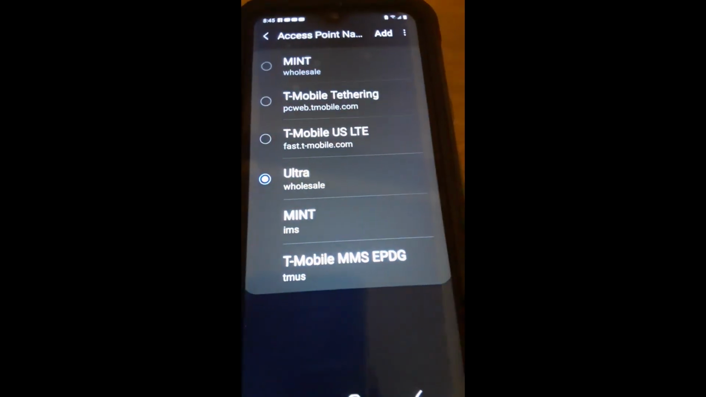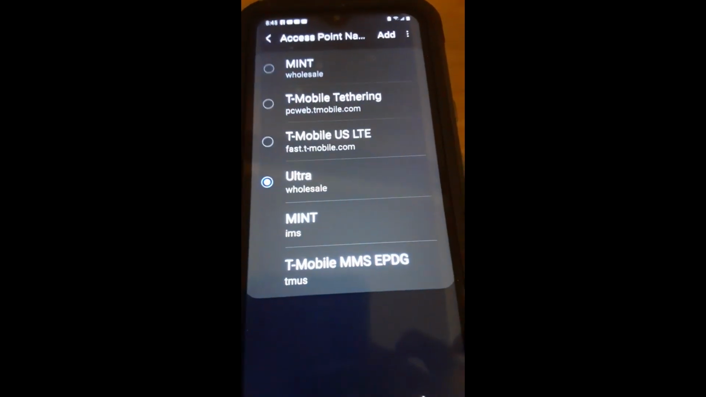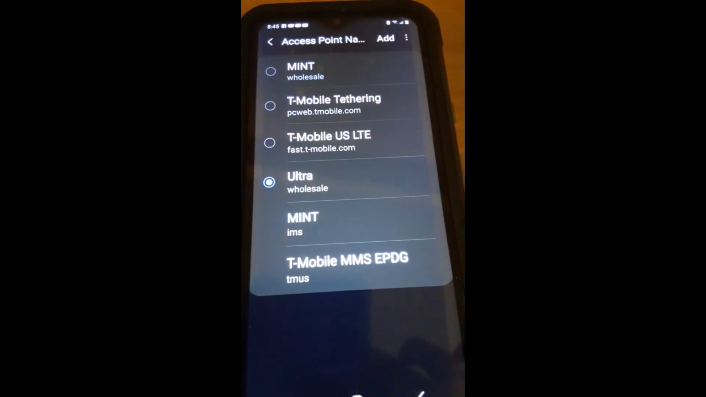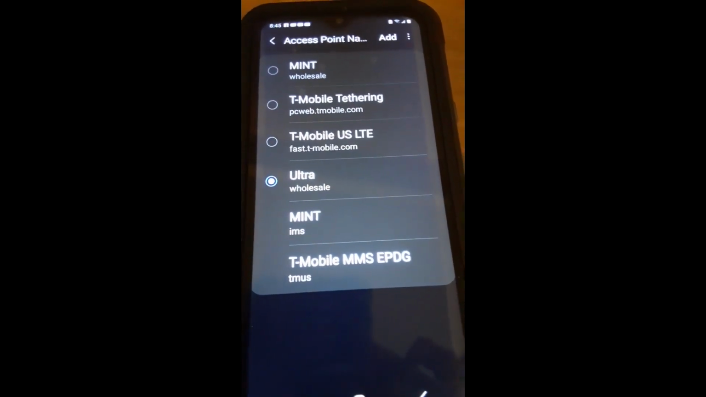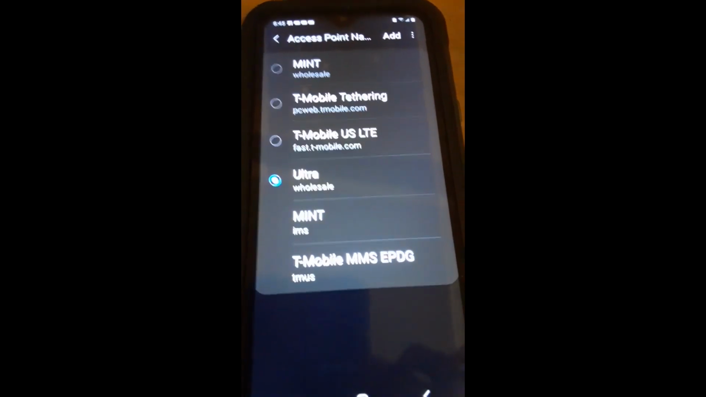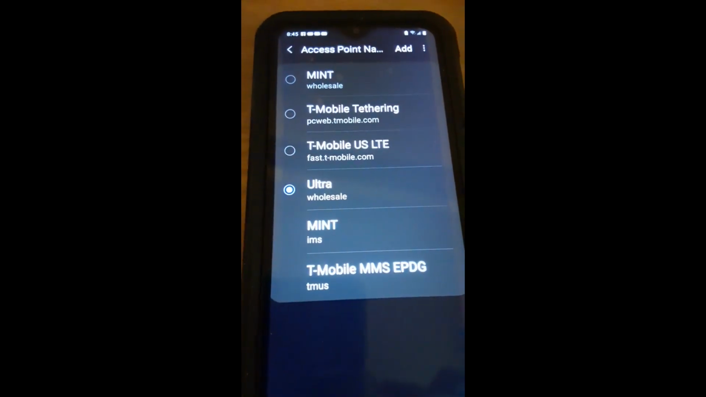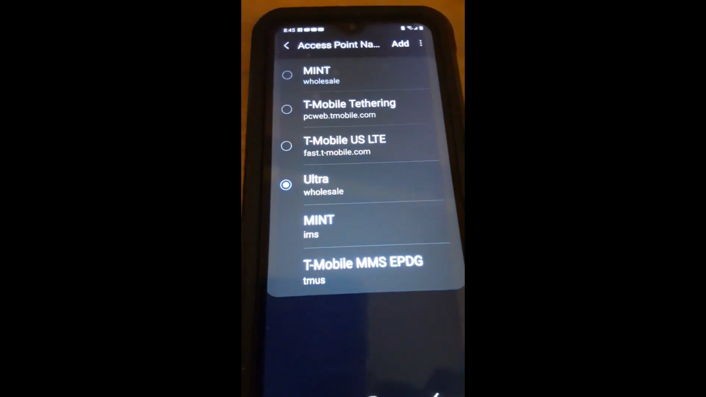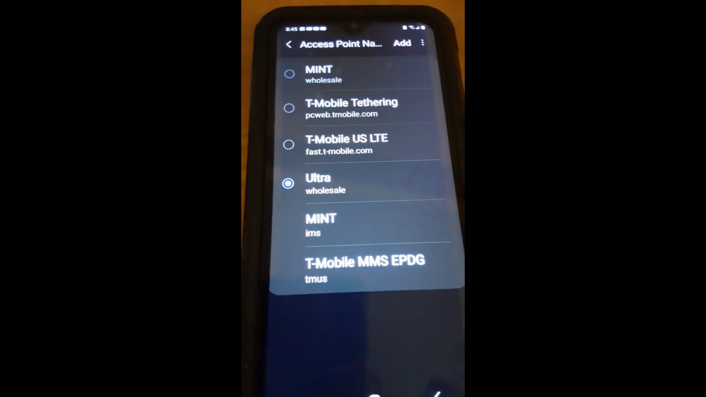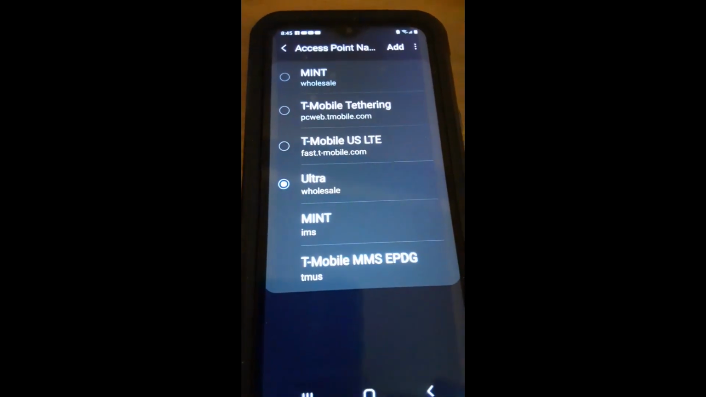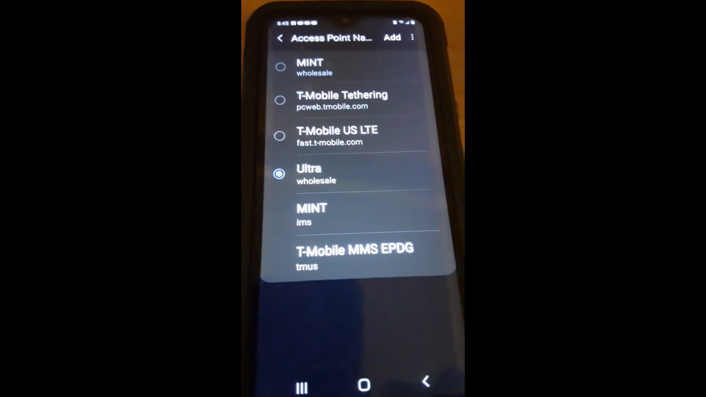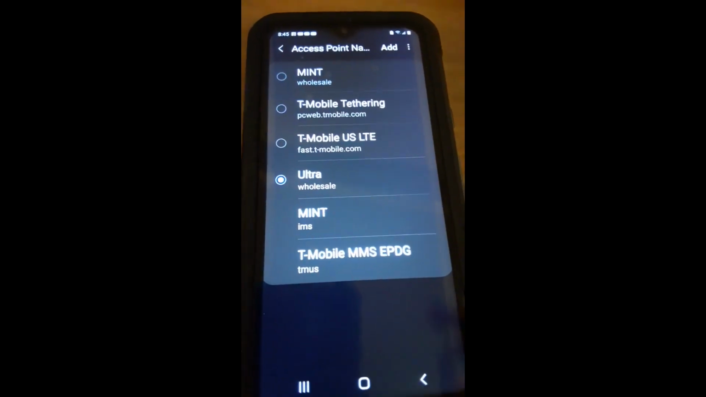Okay, the access point name you're going to have to add if you don't have it in your phone, and press the 3 dots. Follow the instructions. The first word you're going to type is Ultra, and then underneath Wholesale. And make sure you save and add it to your phone so that then you can tap it